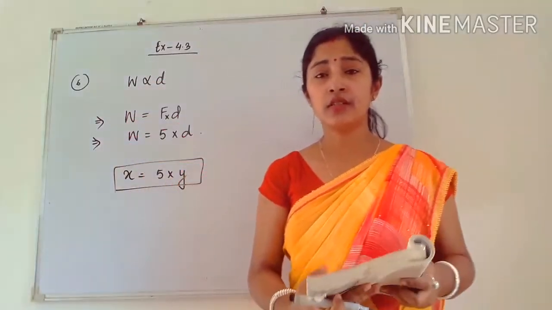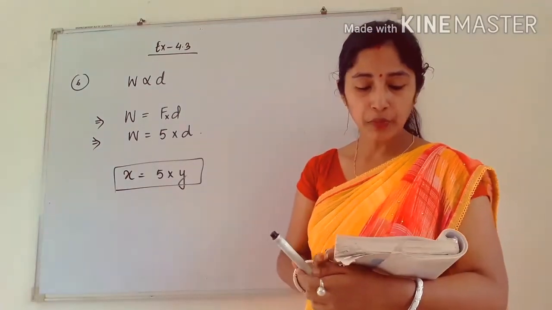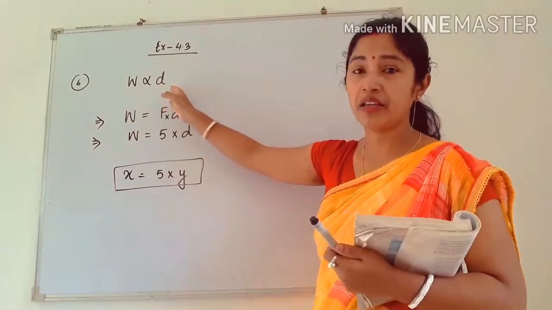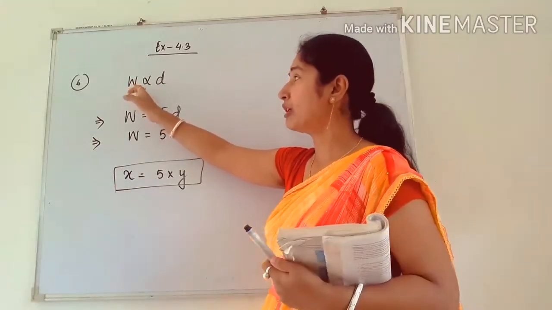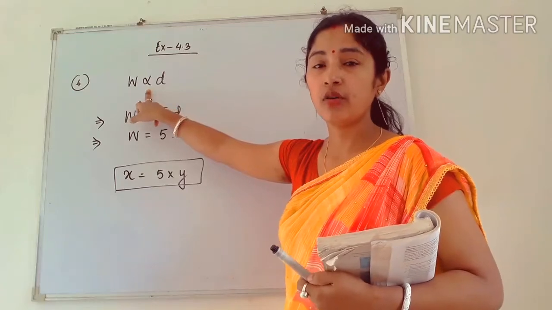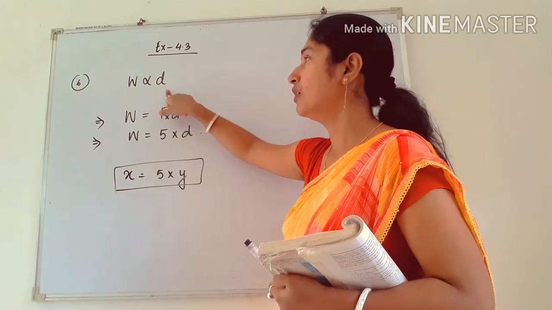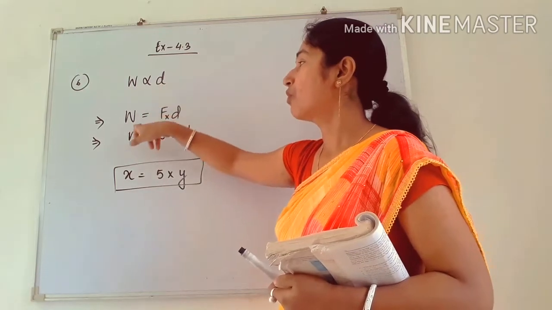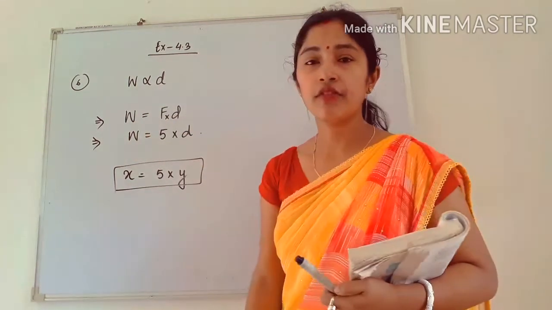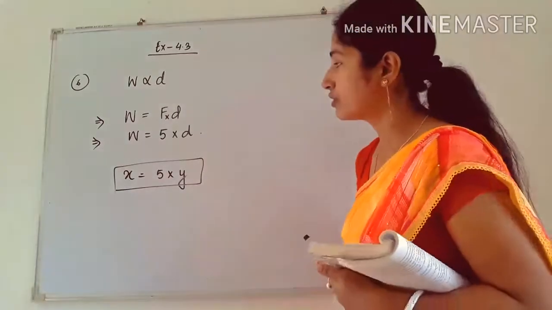So in question 6 the condition is given that work done by a body is directly proportional to the distance travelled by it. Okay, so we can write W as work done, and we have to write the directly proportional symbol. As you all know, you have studied in physics also. So it is directly proportional to the distance travelled. Okay, so work done we can write as W is equal to F into D. F is what? F is the constant force. Already it is written, force is a constant quantity.